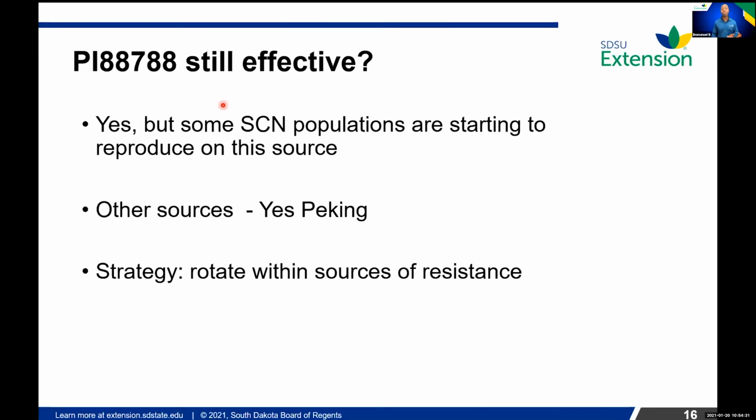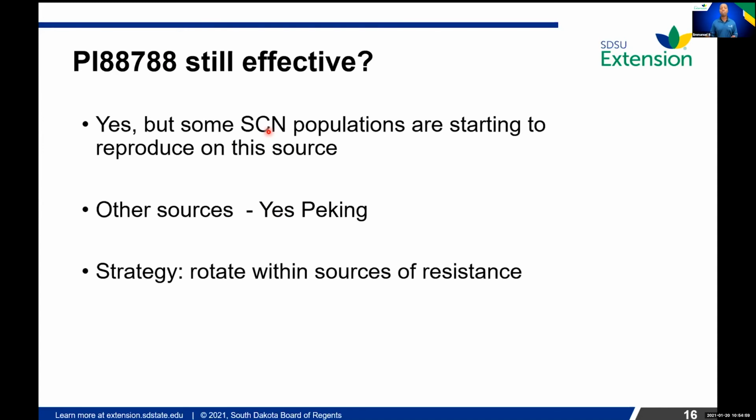We have done population studies here on campus looking at the difference in the reproduction of SCN populations on the several sources of SCN resistance. So PI 88788 is still active, it's still a good source of resistance. The maximum reproduction we've seen on this line is 25%, which means that this line can still provide protection,